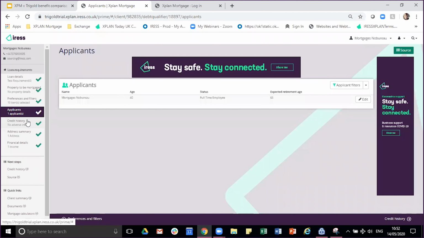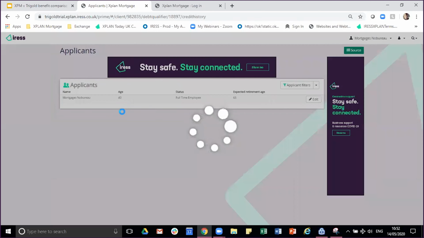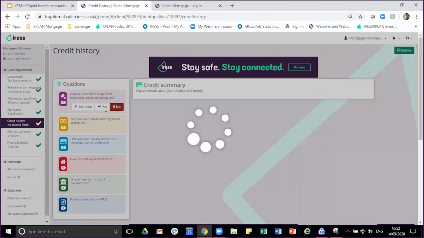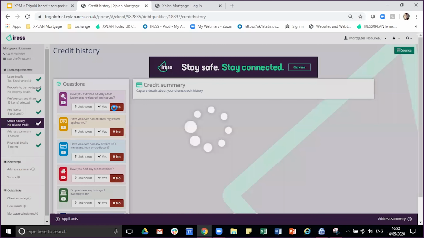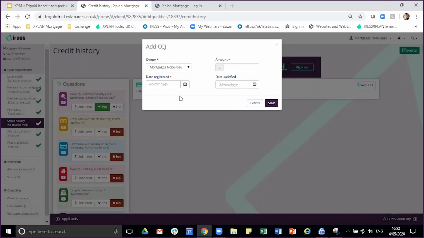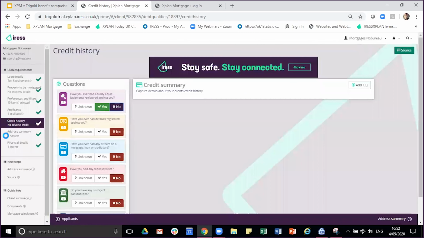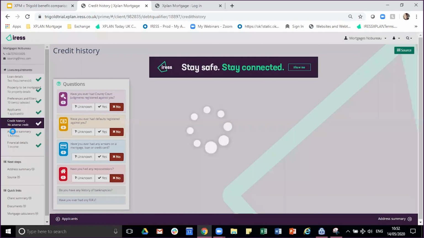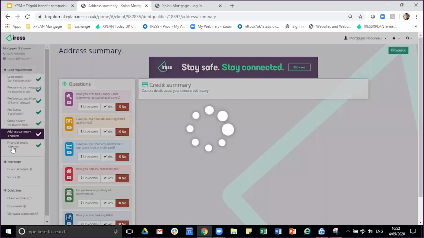Then you can add in, for example, your credit history, which is just a series of yes or no's. And then if it was a CCJ, for example, then you would be asked to add in that information. Then you can add the address for your client into the system, and then you can also add in some